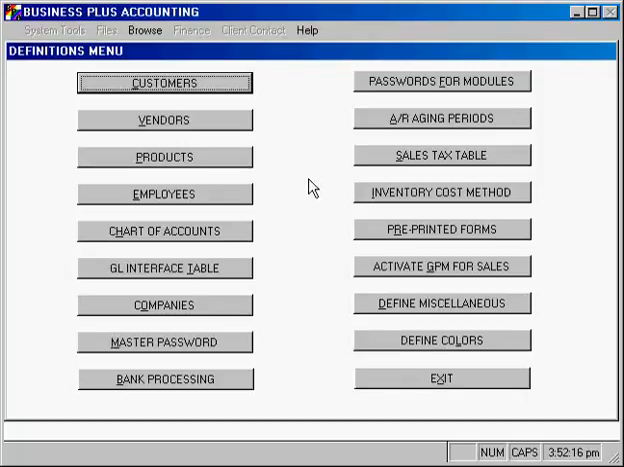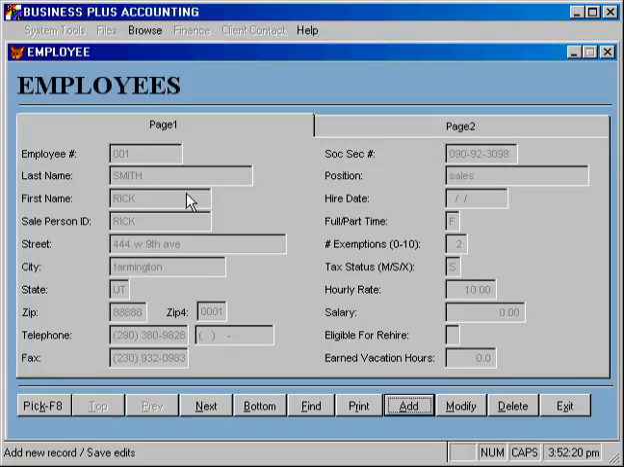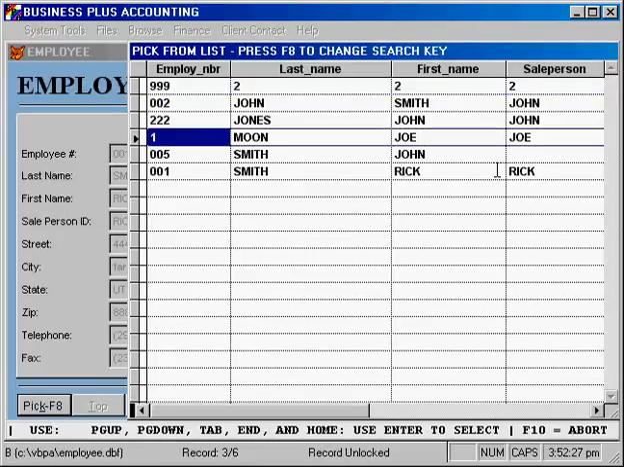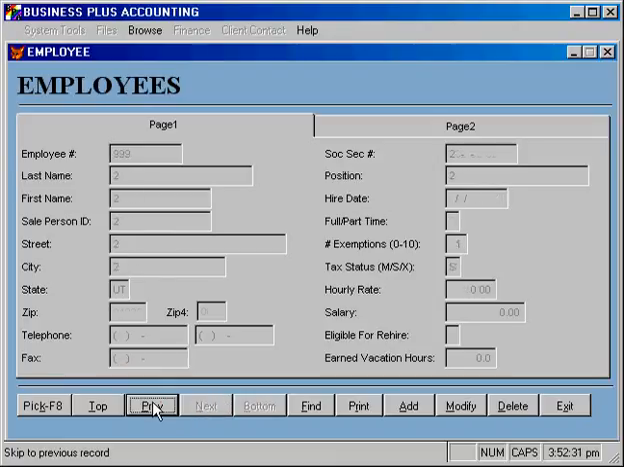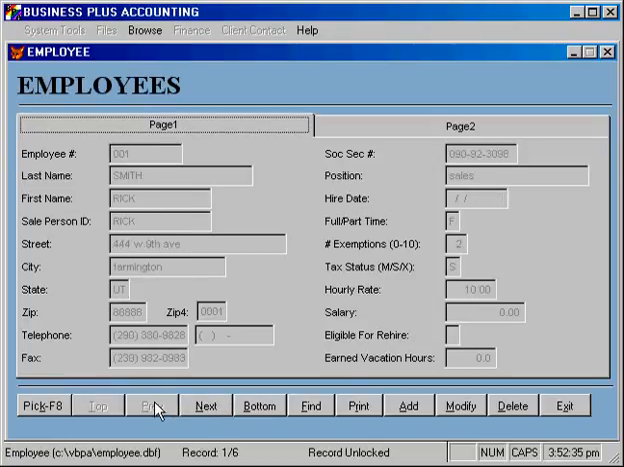Employees are defined by entering the Definitions module and selecting the Employees button. In the Employees module, again, you have your navigation keys, the pick list to locate an employee that you want to work with. If you want to work with an existing employee, you can use the next and previous and top and bottom buttons to navigate through your employees that are defined on the system, or use the Find button